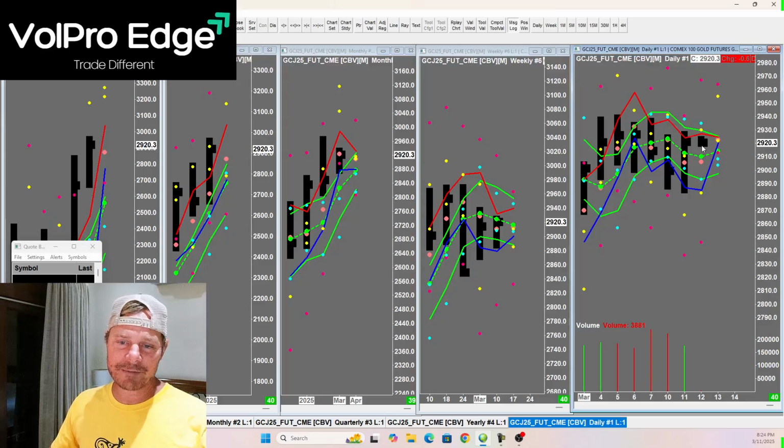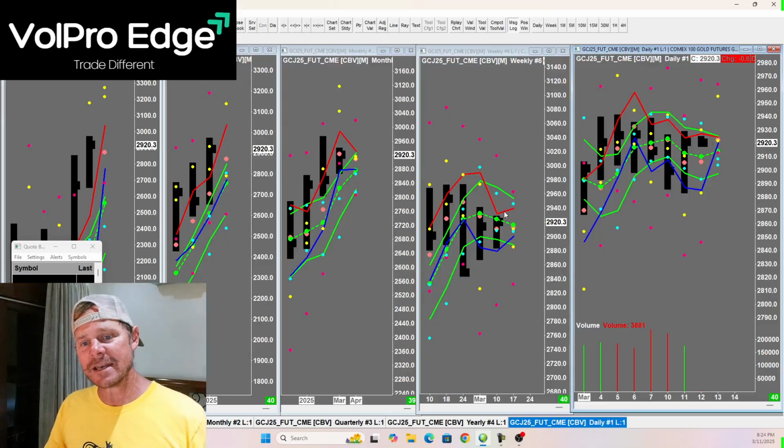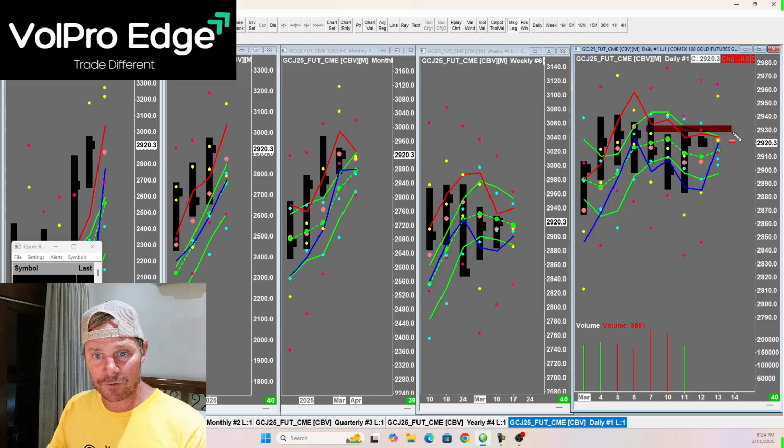This would probably be one of my top picks for shorting gold right here because you're back into all that resistance that we've been covering ad nauseum. So I would really like to short against this level here on gold. That's pretty clear. I don't expect the price to just blow up and through that resistance level. So that's a pretty good pick right there for gold. Your level is right where we're at right now, 29.20 to 29.30. Just pay attention to the dots.